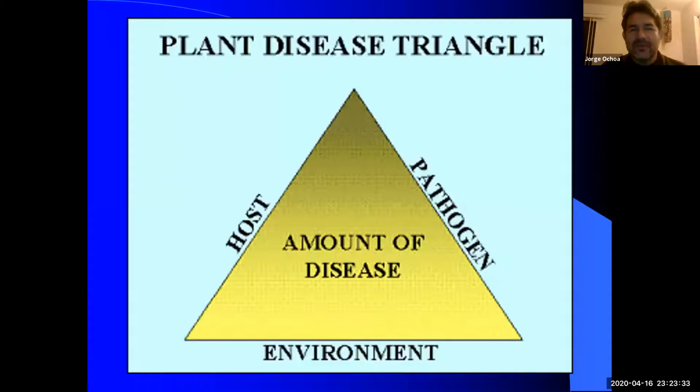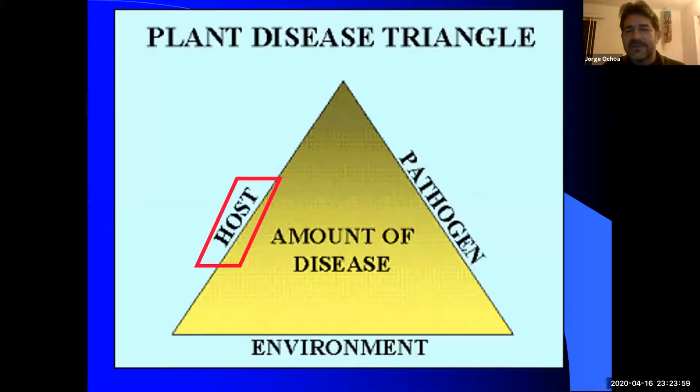But when we are looking at the infection of a disease, there are three very important components that are necessary. And this is for human diseases and plant diseases as well. This is referred to as the disease triangle. The three components must be present in order for the disease to develop. So the first thing is that we are going to need a susceptible host.